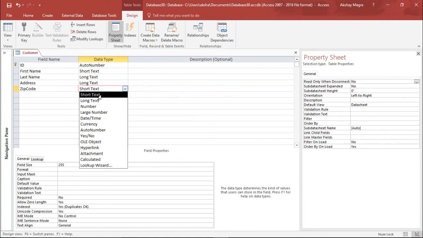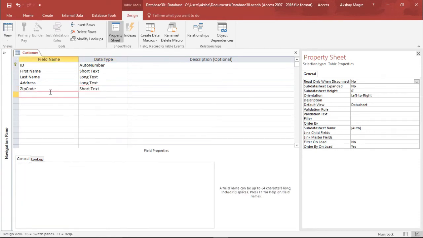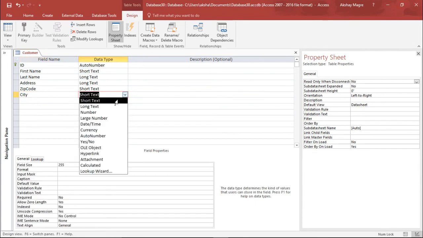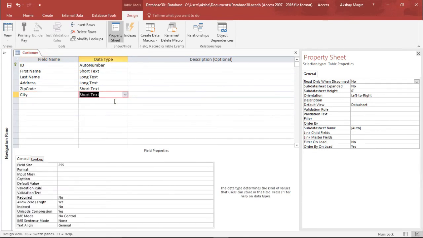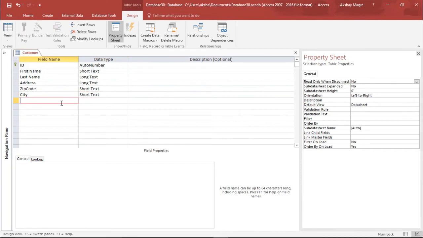So I'll again select this as short text. Now I will add one more field for, let's say, the city, and I will select this as short text. Okay, perfect. Now I want to create a new tab, where basically this is my customer database. Whenever I have a customer database, I would like to send out some emails to them if I wish to, right? So if I want to send out some emails, I will create an emails box, right?